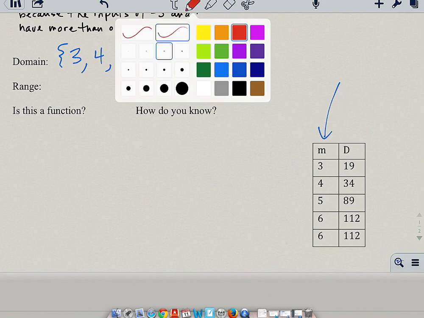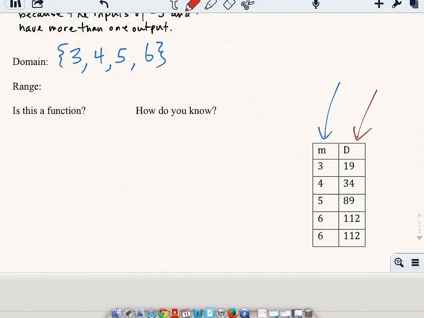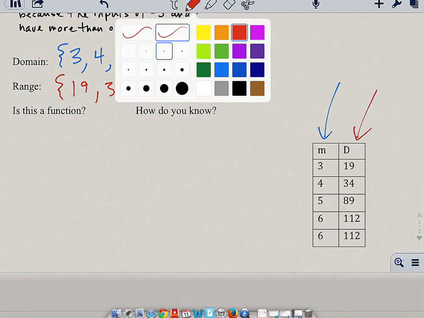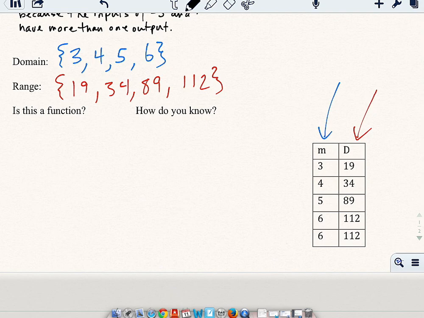Let's do our range. My range starts at 19, goes to 34, goes to 89, and then does 112. And 112 is repeated, so I don't have to write that twice. You might notice it's already in increasing order. So let's go ahead and consider the next stage here, which is to decide whether or not this is a